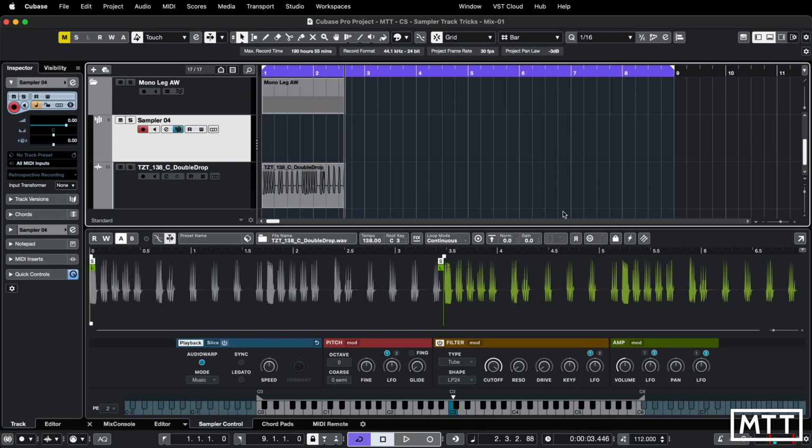So if I just play this, it will just loop ad infinitum. So the loop is important as far as I'm concerned for this bit. Now, the key here is to turn on monophonic mode and then make sure that legato mode is turned on. And then this will respond to the keys that you play. So if you look at the keys that I'm playing down at the bottom of the screen,